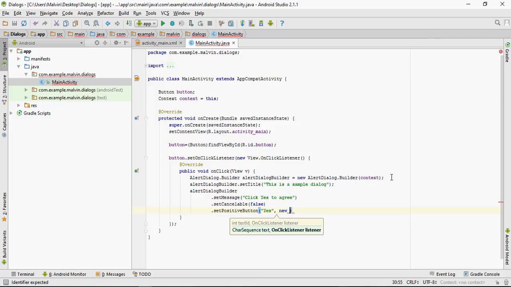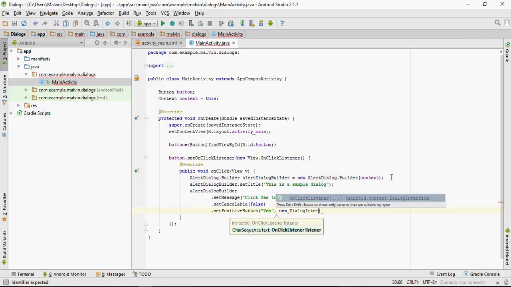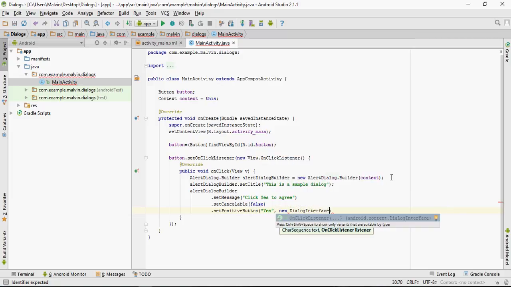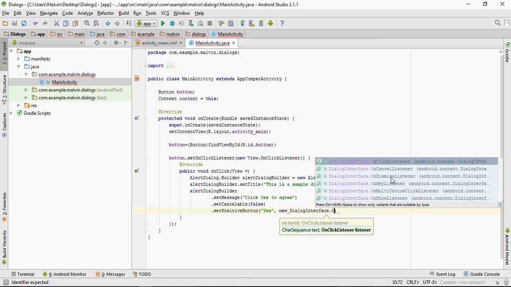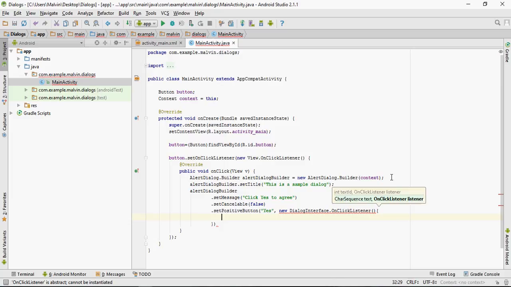So new dialog interface dot on click listener to make some action. So bracket enter. So public void on click.